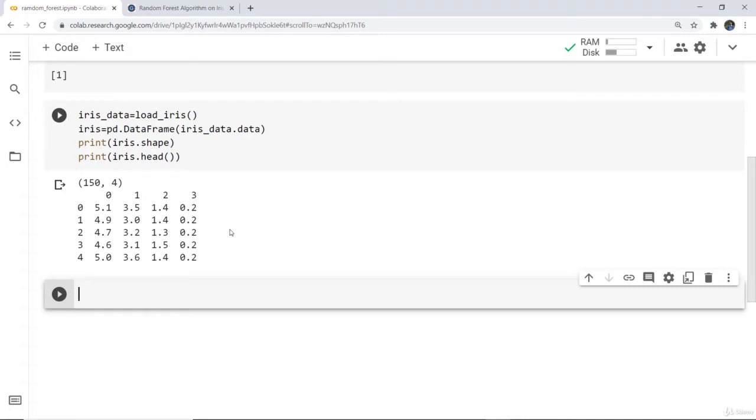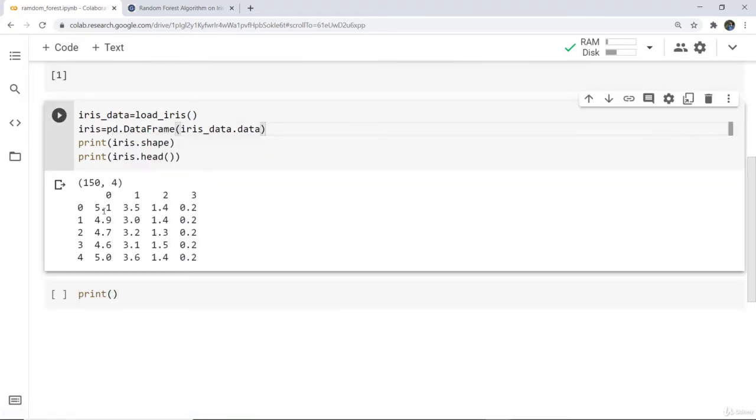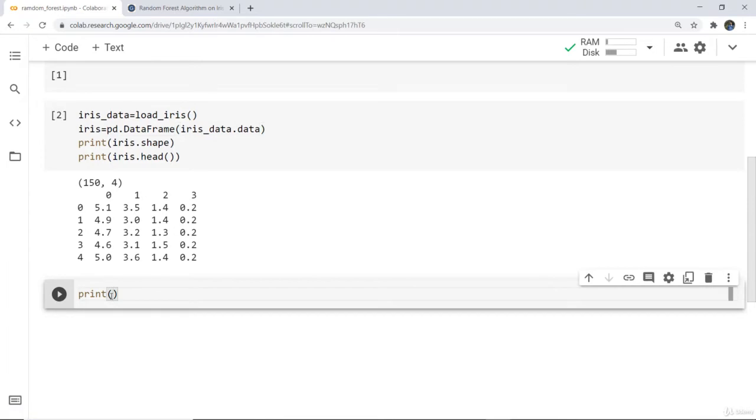We have done it. Next what we have to do is print the categories, that is, what are the actual features, or what are the classifications which are done. So we have seen that there are 3 classifications, and also we will print the feature names. That means this 0, 1, 2, what is this? Actually we want to know. Right now I've told you that this is sepal and petal length, but if I want to print, then how can we do that? So we have to simply write in a print statement like this: iris